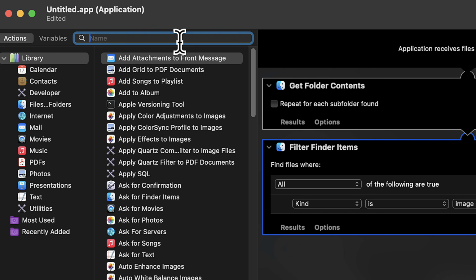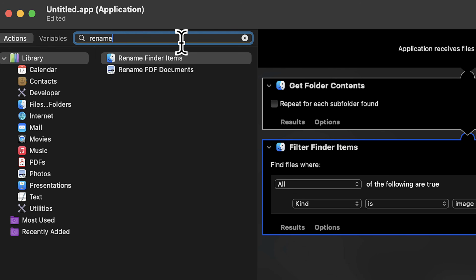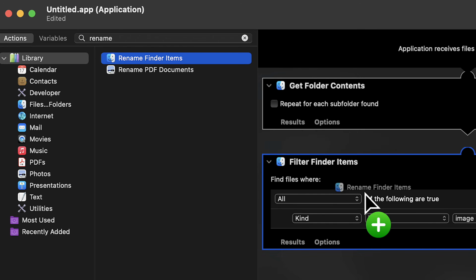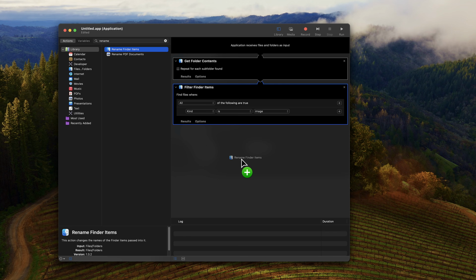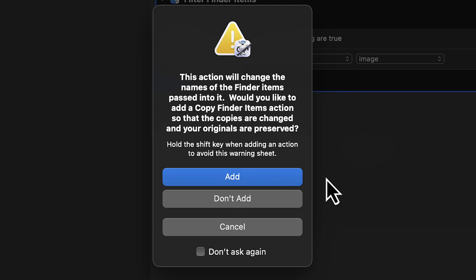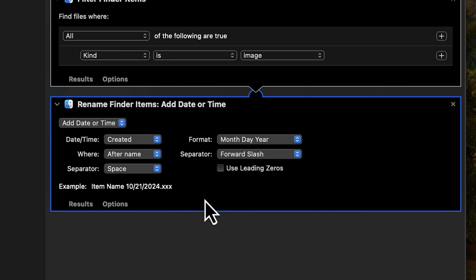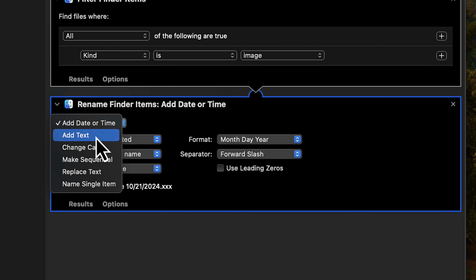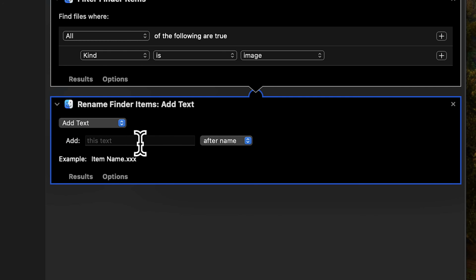Next, in the filter box, you need to find Rename Finder Items. Drag that over, drop it at the bottom right here. If you get this message, go ahead and click on Don't Add. There's a lot of renaming options you can do with this, but for now, I'm going to go ahead and select Add Text, and we're going to add some text that's going to append after the file name of each